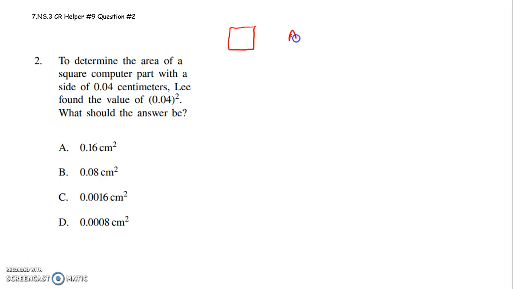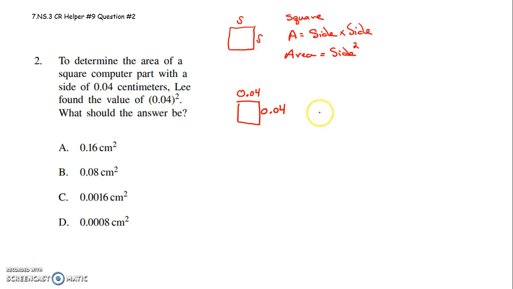Okay, so the area of a square, you could think of this as the side of the square. So this would be side times side. So the area of a square is side times side, or your area is side squared. That's where they're coming up with this from. So that area would be side squared. So if you know each side of your square is 4/100 of a centimeter, you would multiply those together. Your area would be side squared,